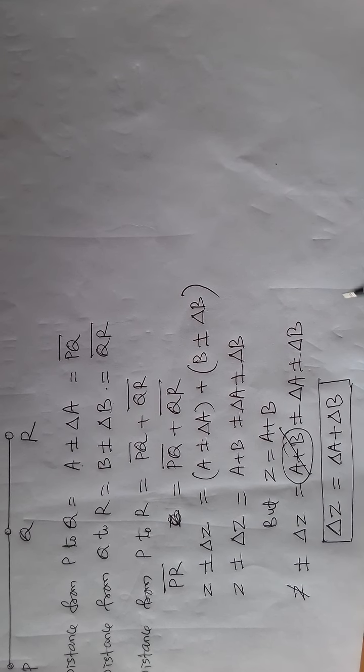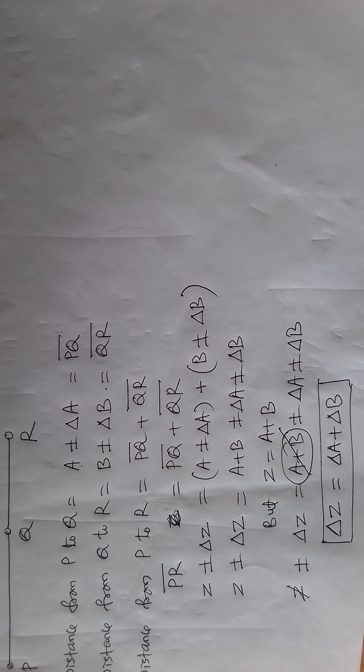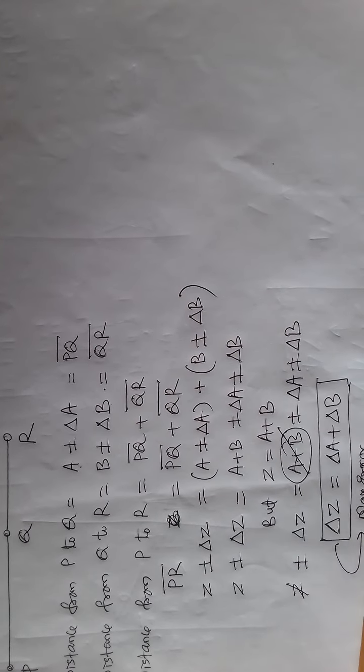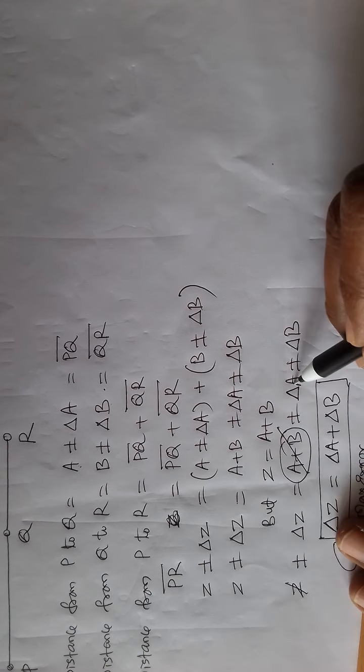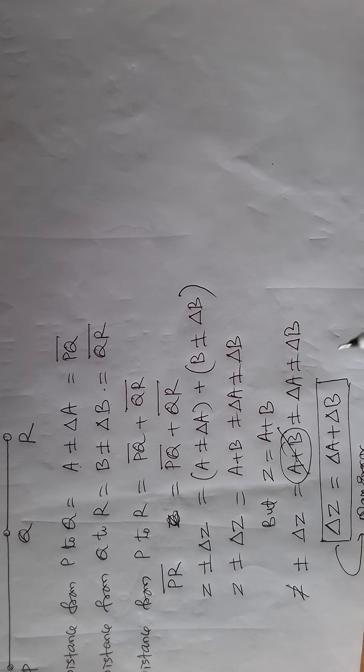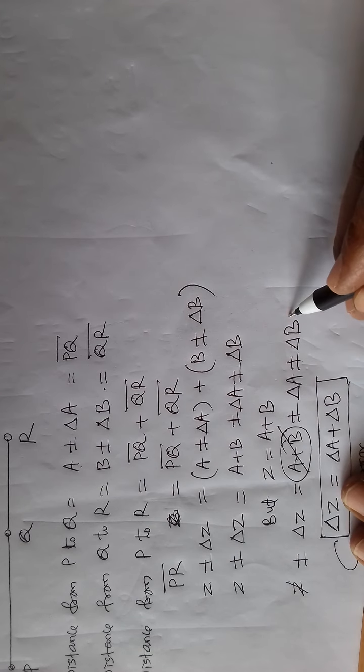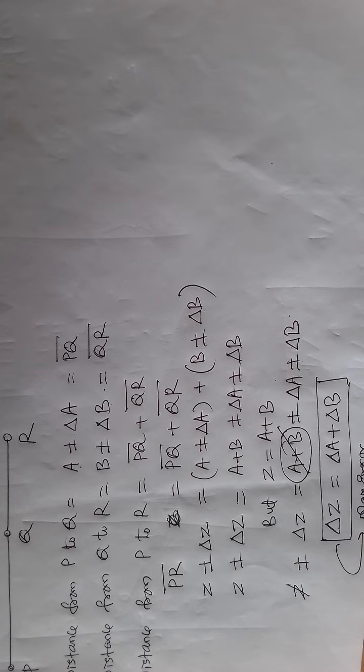So here you may say, see, this is plus or minus, you did not write minus here. So whenever error is concerned, we consider the maximum error. So this is maximum error. We always consider maximum error. When you take plus, you get maximum error. And when you take minus, you get minimum error. And sometimes if the error delta A and delta B are same, and if you take minus, then suppose here the error is 1 centimeter, here the error is 1 centimeter. 1 minus 1, 0.